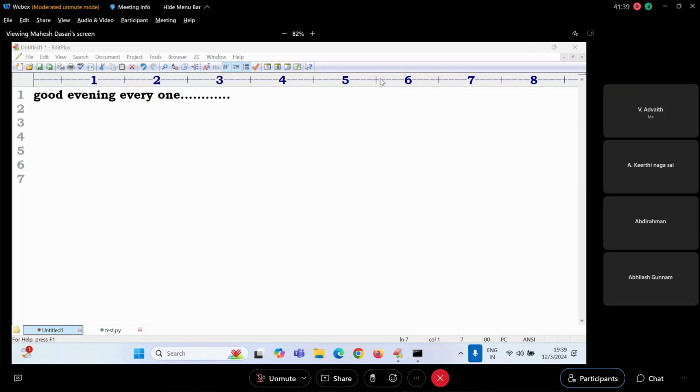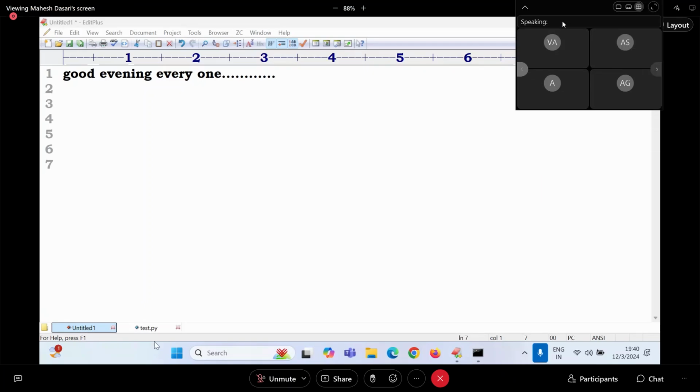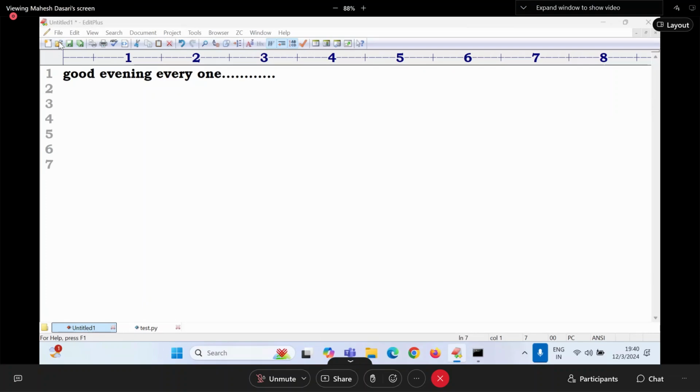Sir, in the last class, we started discussion about the models. The view is completed. The template is done. Next, we started discussion about the models. In the last class, how to